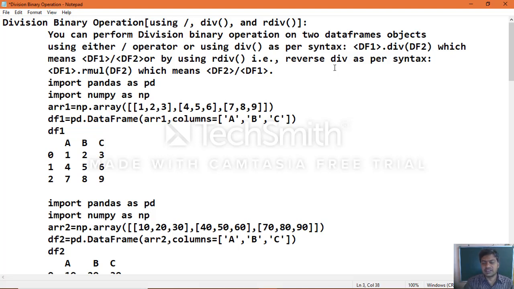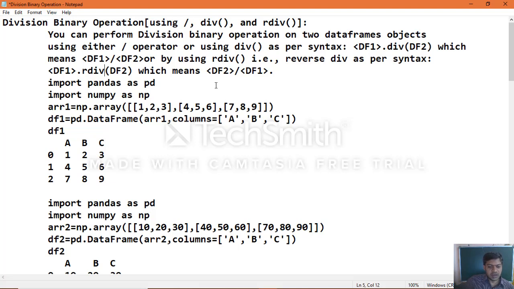As for syntax, data frame object 1 dot div of df2, which means data frame object 1 is divided by data frame object 2, or by using reverse division. As for syntax, data frame object 1 then rdiv, which means data frame object 2 is divided by data frame object 1.